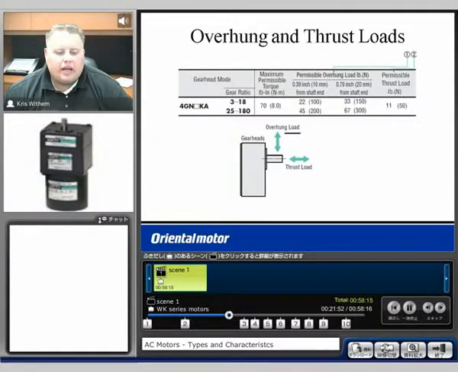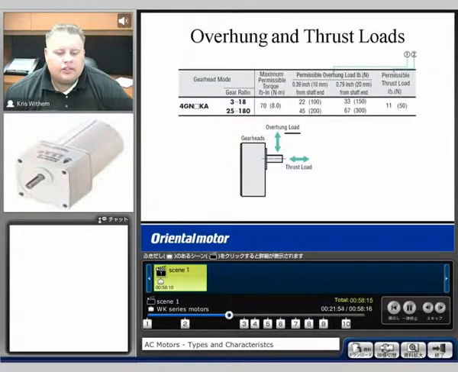What happens is if we have, for example, let's say a pulley attached to this, and from that pulley we have a load that comes down on a belt or a cable, and it needs to be raised up. So let's say, for example, this is a 1 kilogram load. As it's going up, we need to make sure that the position of where the overhung load is within